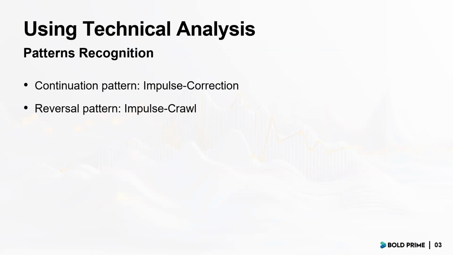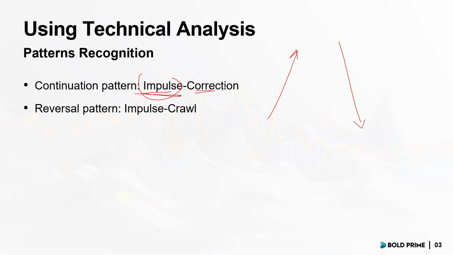And for me, using technical analysis to establish my directional bias, I'm only going to be focusing on two types of patterns. One is what I call the continuation pattern, and the other is called a reversal pattern. Now, what's a continuation pattern? If I draw a little bit, we have what we call an impulse plus correction. Now, what's an impulse? An impulse is essentially when the market makes a move with momentum, whether it is going up or coming down. As long as there's strong momentum, we call that an impulse.